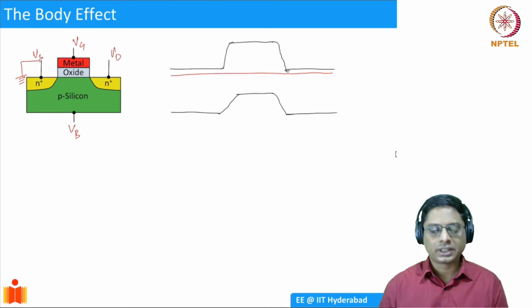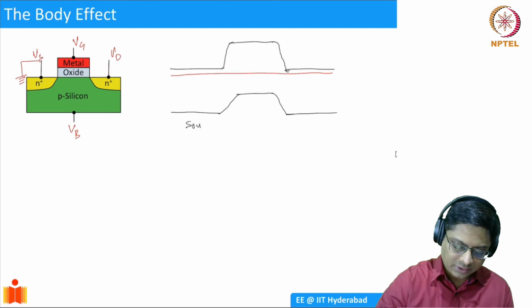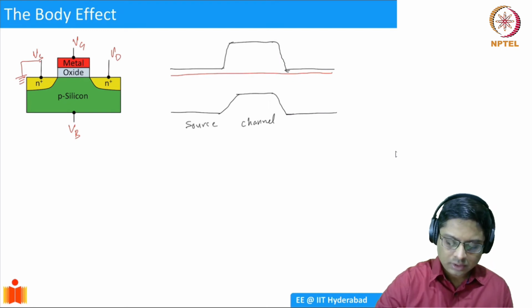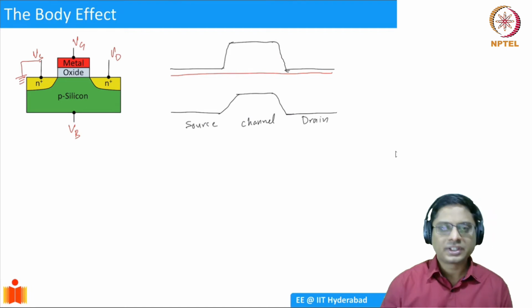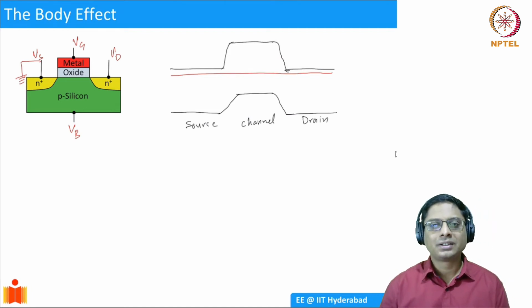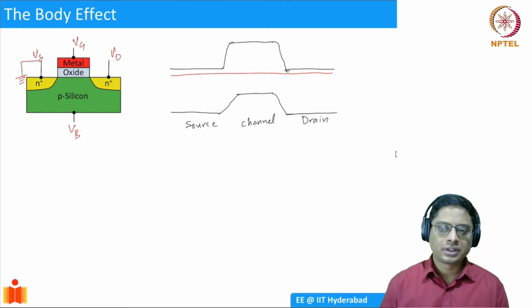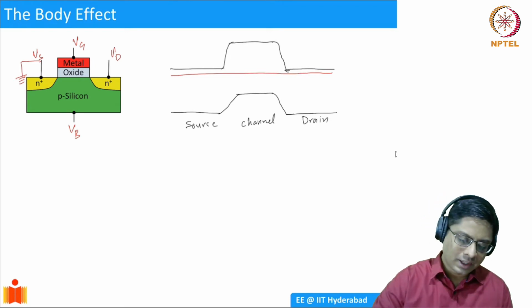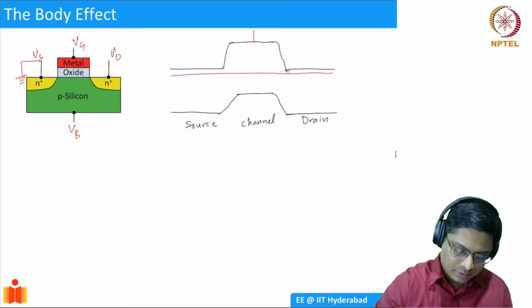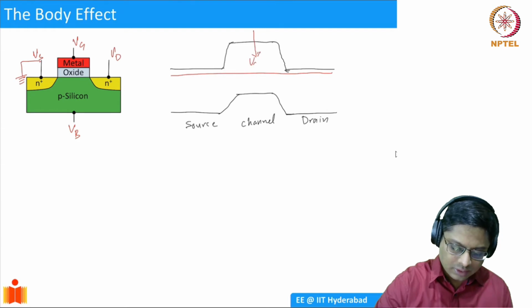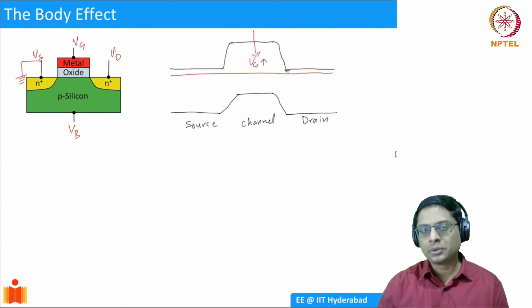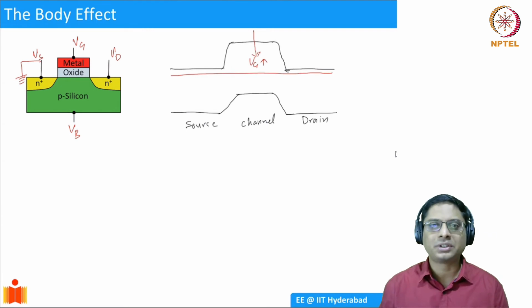This is the band diagram, right? We showed it when we discussed the subthreshold drain. So we said that the electrons experience a barrier at both the source junction and the drain junction, so they cannot enter into the channel. But what happens when you increase VG? Well, as VG increases, the barrier is reduced and you can have currents which are flowing into the channel. Okay, that's how the current flows.